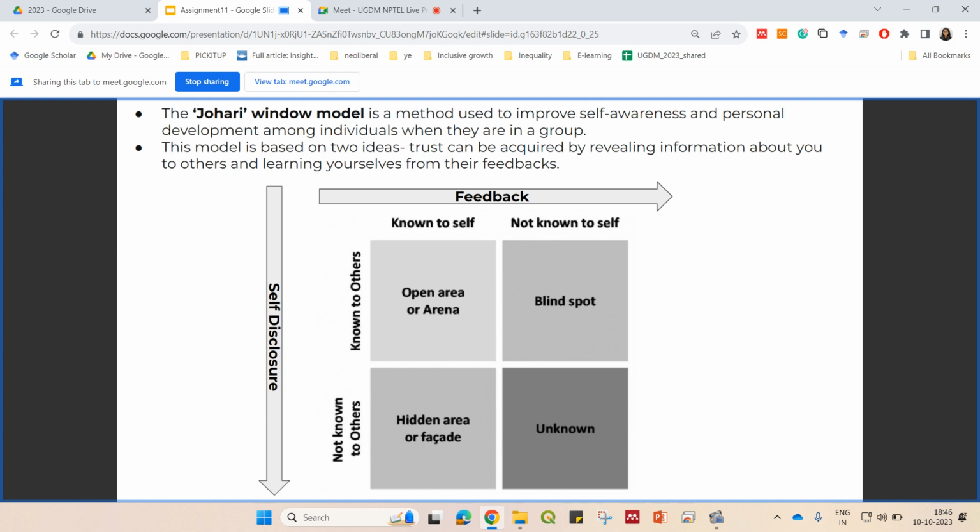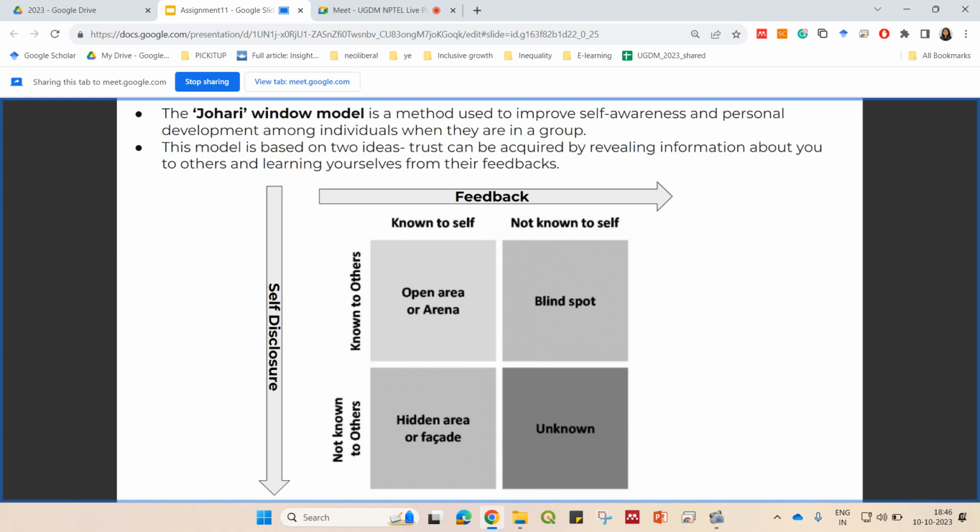So again, based on this model, you can rank several ULBs also, how they are performing in terms of self-disclosure. Are they disclosing their functioning? Are they disclosing how they perform various municipal functions or not? And then, are they seeking feedback from the citizens or the community or not? So based on that, you can again use this also to identify in which kind of zone the ULB